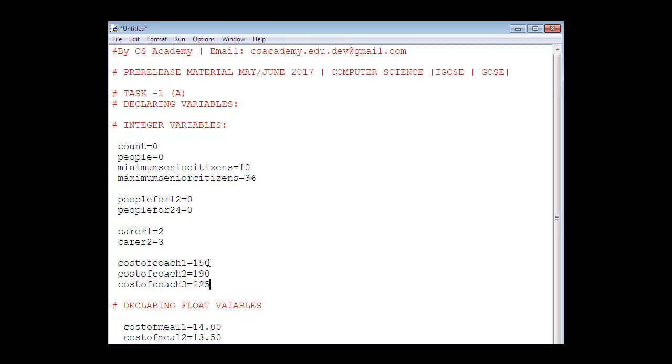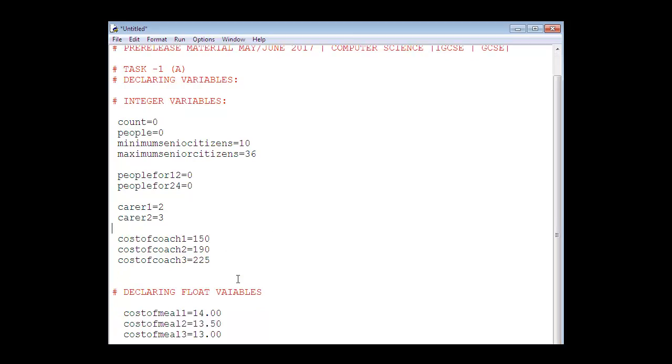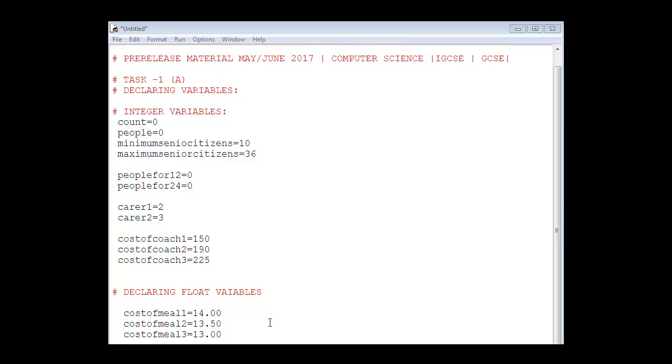Now I'm again going to correspond with the data types, and you will see that this is done over here. Now I'm going to explain the next part. The next thing is that I'm going to declare the cost of cinema tickets. Cost of cinema ticket 1 equals $21,